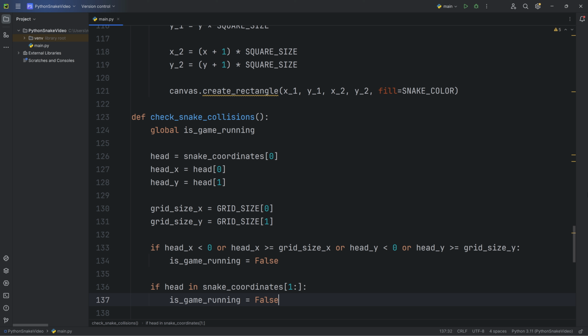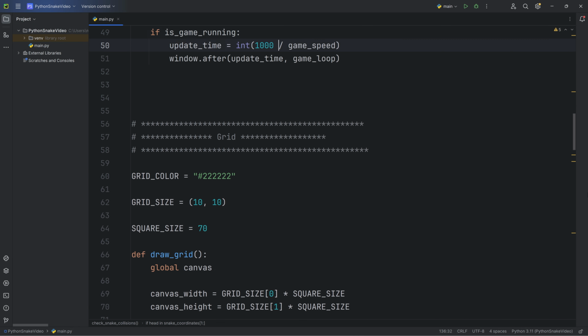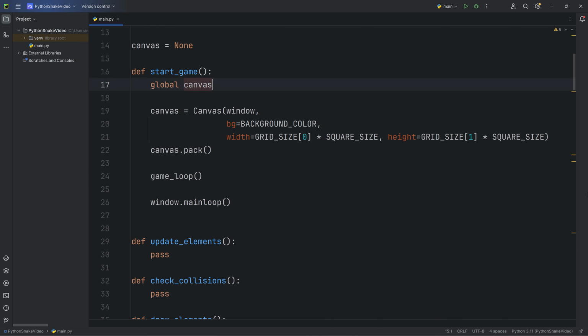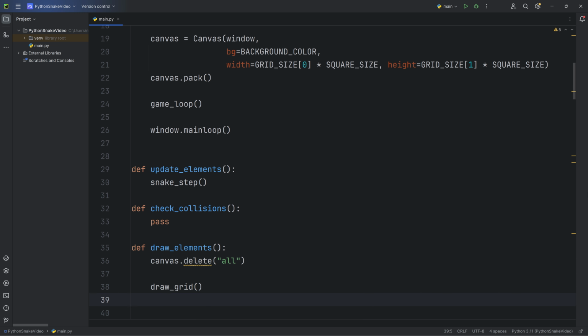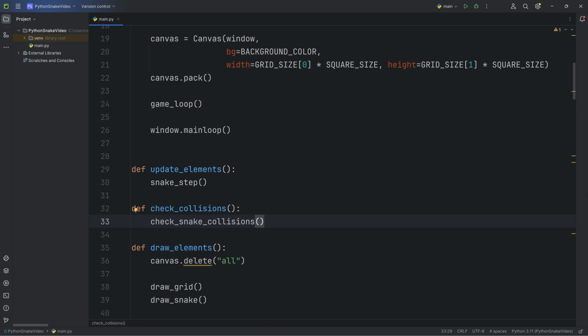Now go into the update elements function. Add snake step. Inside the draw elements, add draw snake, and inside check collisions, check snake collisions.